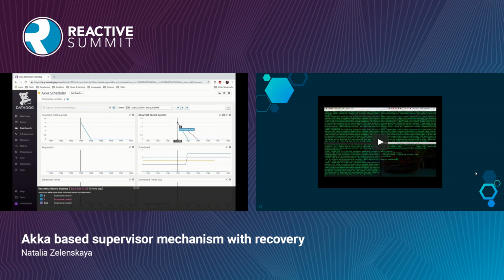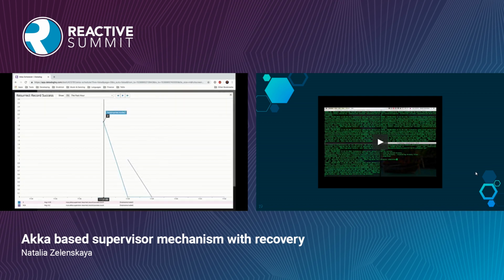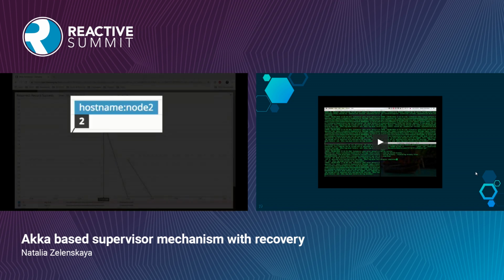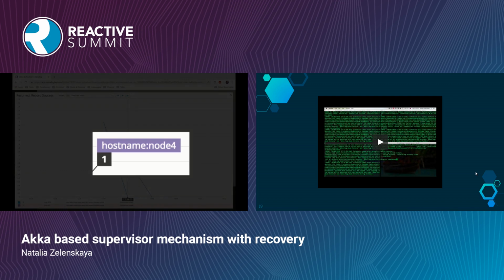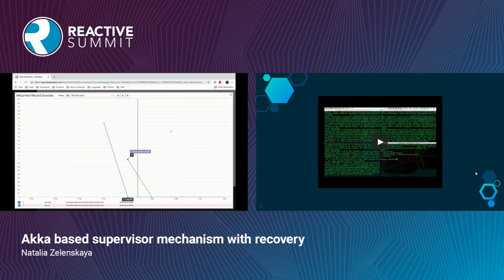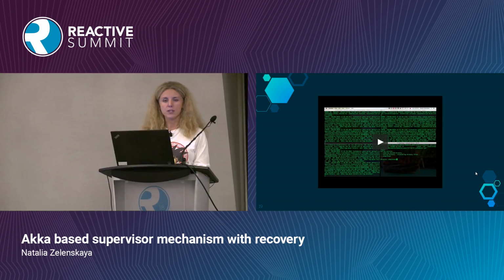And we can also see the events reported on how many records have been accepted by different nodes after the resurrection. So node number 2 accepted 2 records, and node number 4 got only 1. So this helps us to see the progress and the state of our nodes, and control the progress of recovery and make sure that it's working.